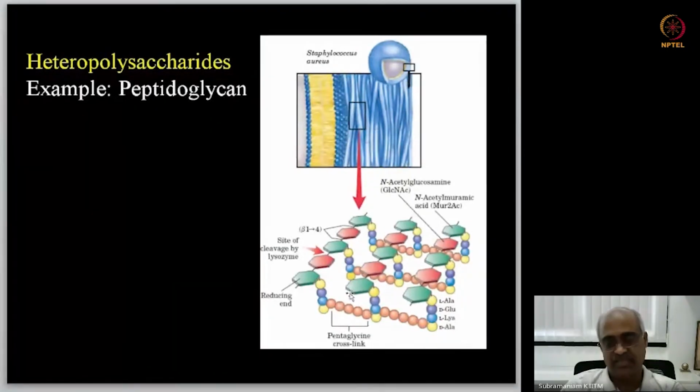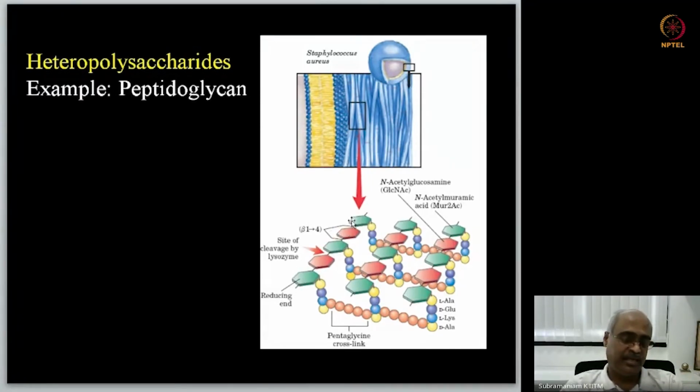And these chains, these 4 peptides, are held together in gram-positive bacteria by this pentaglycine cross-link. This sort of structure forms the cell wall of bacteria. Many bacteria, both gram-negative and gram-positive, have these structures called peptidoglycans. So here, the long chain of